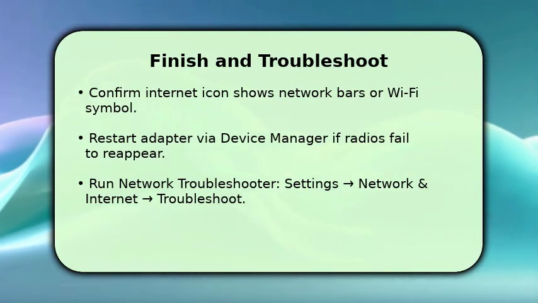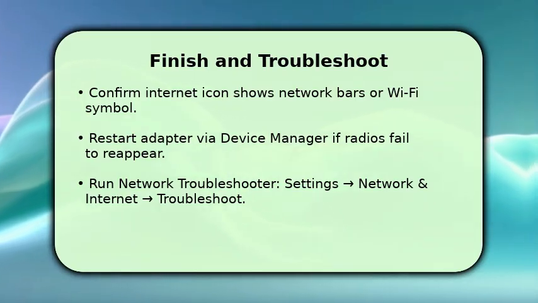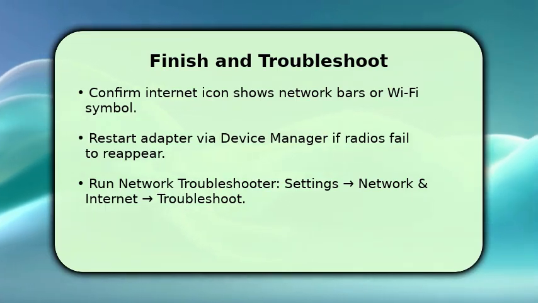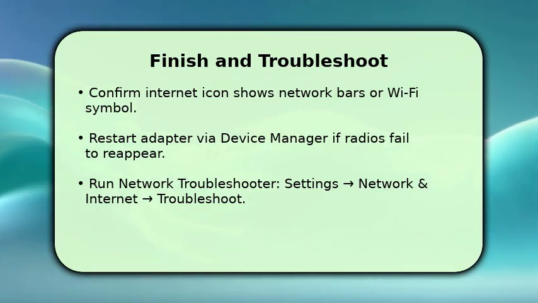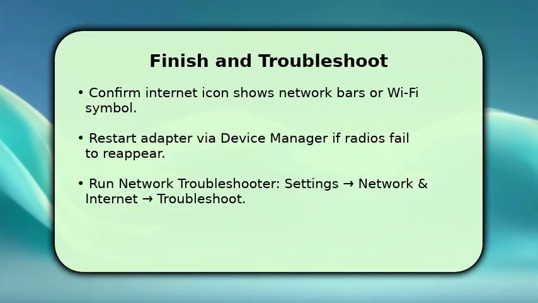If you don't see networks, open Device Manager, expand Network Adapters, right-click the wireless adapter, and choose Disable then Enable to reset it. If that still fails, run the built-in network troubleshooter under Settings, Network and Internet, Troubleshoot, and follow prompts to detect driver or configuration issues. If the problem